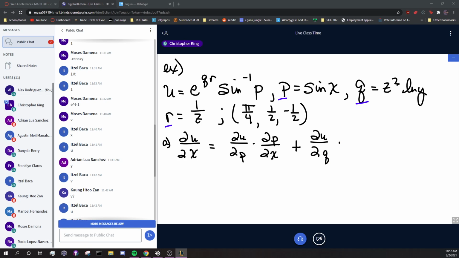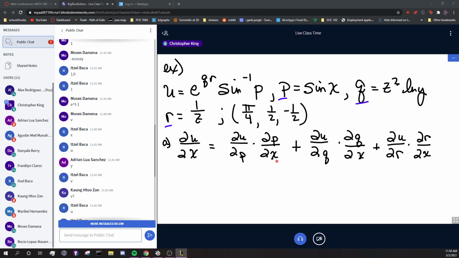And we're going to multiply that by the partial of q in respect to what? X. It's going to be in respect to x, plus, then we're going to do the partial of u in respect to what? R. R, times the partial of r in respect to what? X. Okay. And yes, it looks long and complicated, but if you look at each piece,